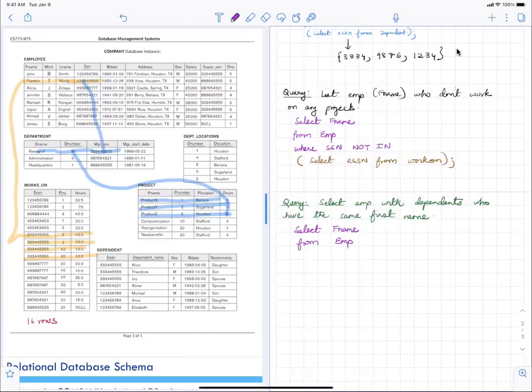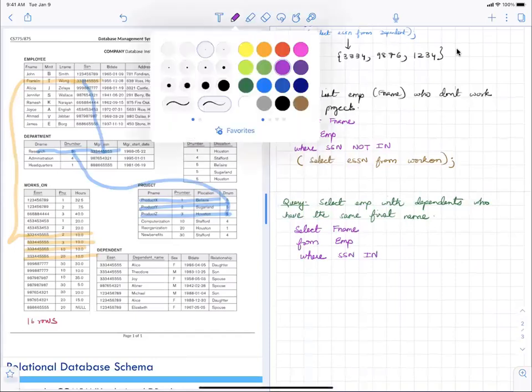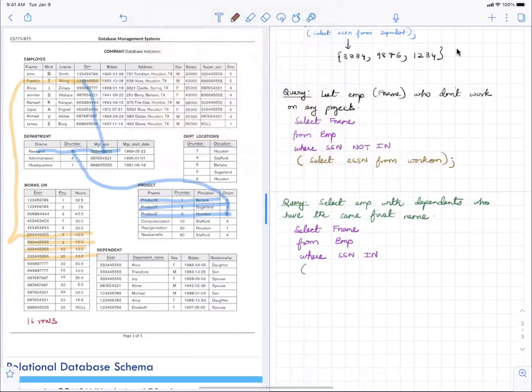And here we are looking at the dependent, and the common attribute between dependent and employee is the social security number. So we're going to see where SSN in. Okay, and so now we have the subquery: select ESSN from dependent.